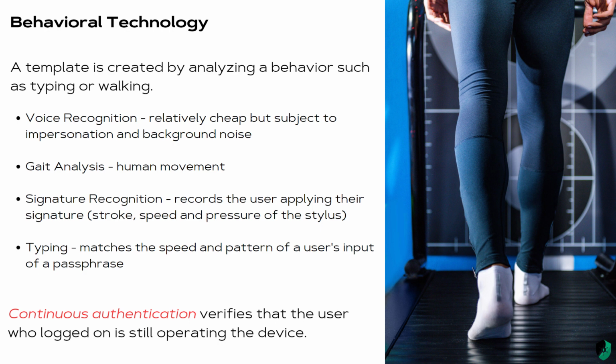You have your signature recognition that will record the user applying their signature, and it will match things like the stroke, speed, and even pressure of the stylus. And then you have typing that will match the speed and pattern of a user's input of a passphrase. Now, one last thing to note here is that continuous authentication verifies that the user who logged in is still